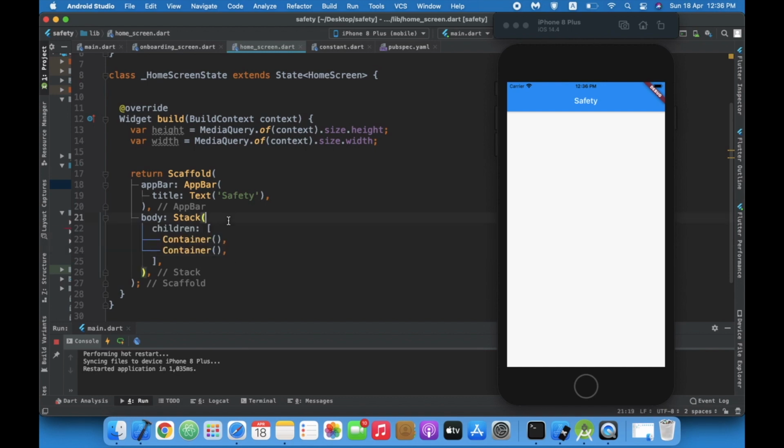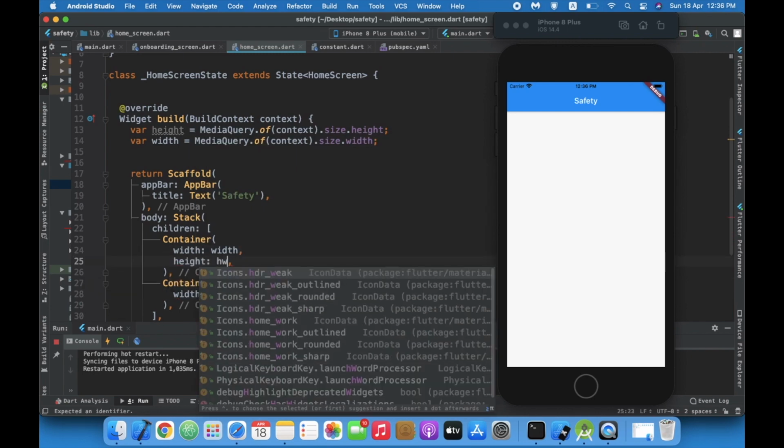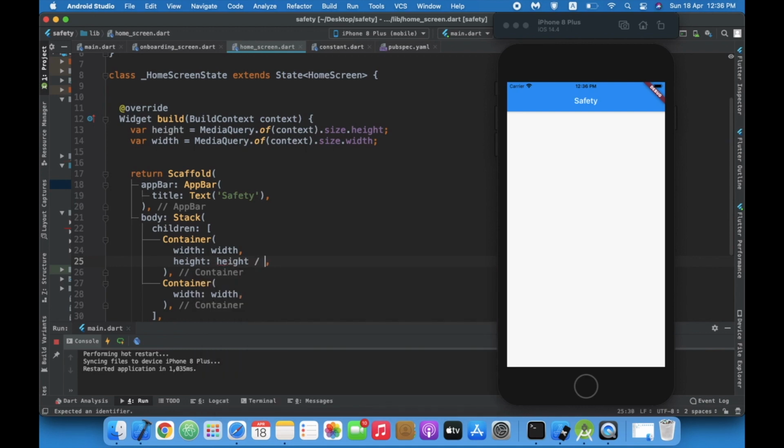Okay, now the width of the container will be width, this container also width will be width, height will be height divided by 2, here also height divided by 2.